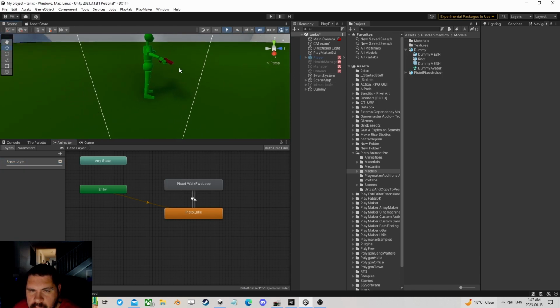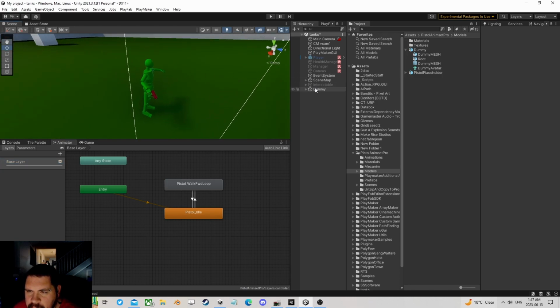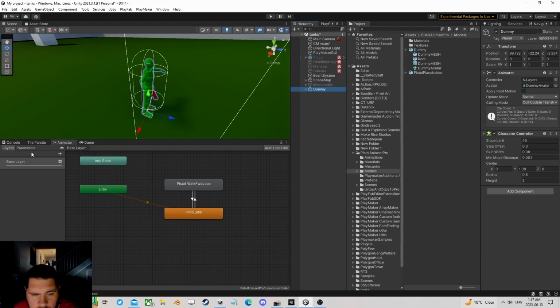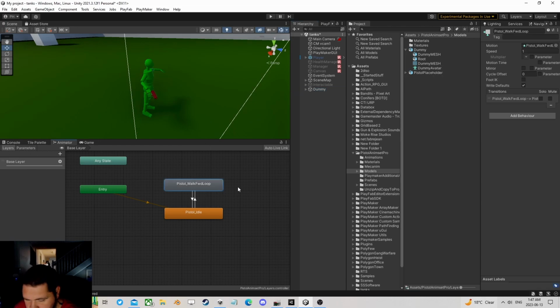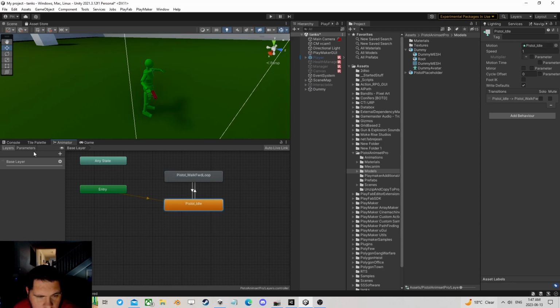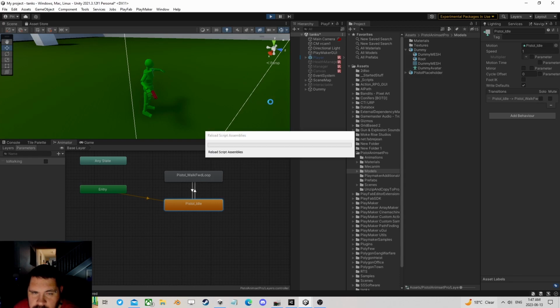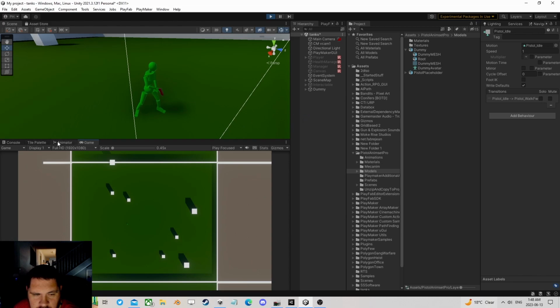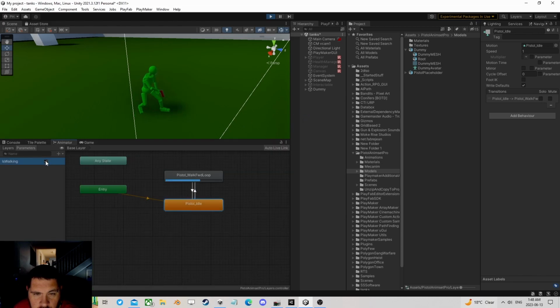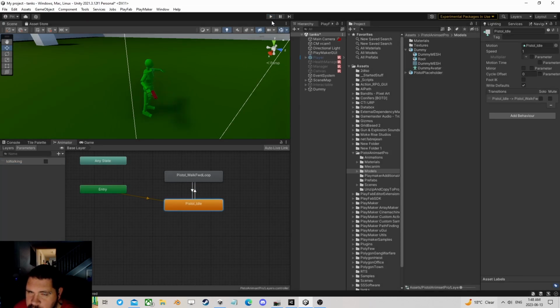Okay, I just want to do a really quick animation layer. So I just dropped this guy in. I have an animator here. Let's look at the parameters. You don't actually need those. So it's just got two animations, right? Just a basic animator, nothing special. Walking, not walking. Walking, not walking. Simple. Now, there's numerous ways to do this, but what if